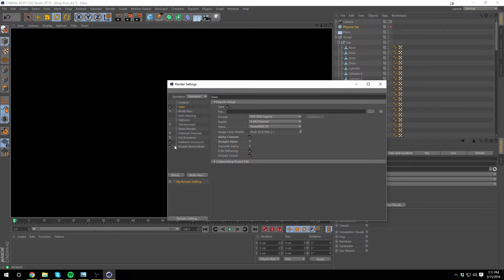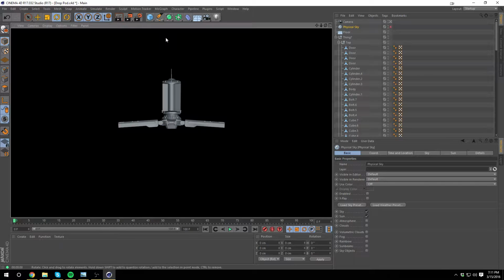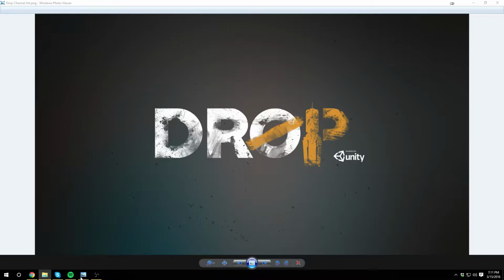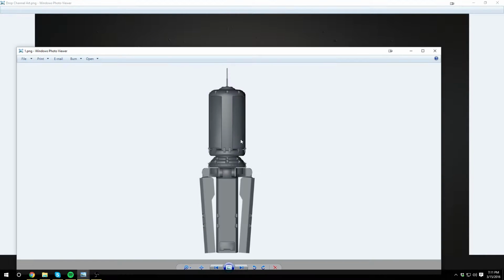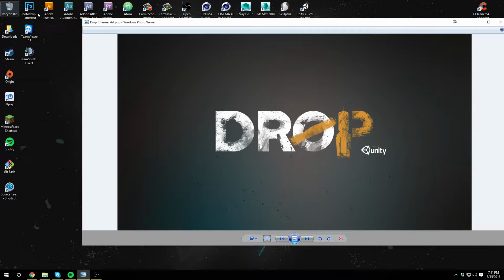Oh, yeah, never mind. You can't have ambient occlusion and stuff on. So then render it out. It'll give you the picture. It'll give you this, which is actually a PNG. This white background, there's nothing there. So when I bring this into Photoshop, which I will do in just a second,